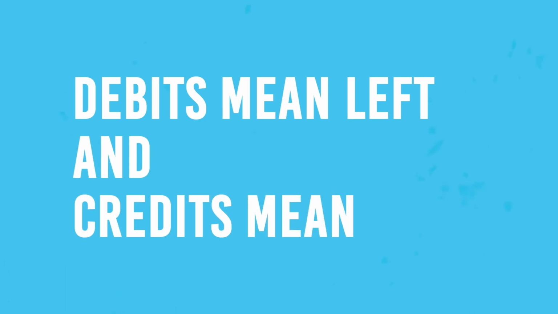Now here's where I need to throw a little bit of a curveball. It's one of the most unnecessarily confusing concepts in accounting, and mostly because of the unintuitive naming. But I'll do my best to help you through it. It's the concept of debits and credits. Now I will try to give you a complete explanation of debits and credits in a second, but first let's just memorize these three rules. Rule number 1, debits mean left and credits mean right.